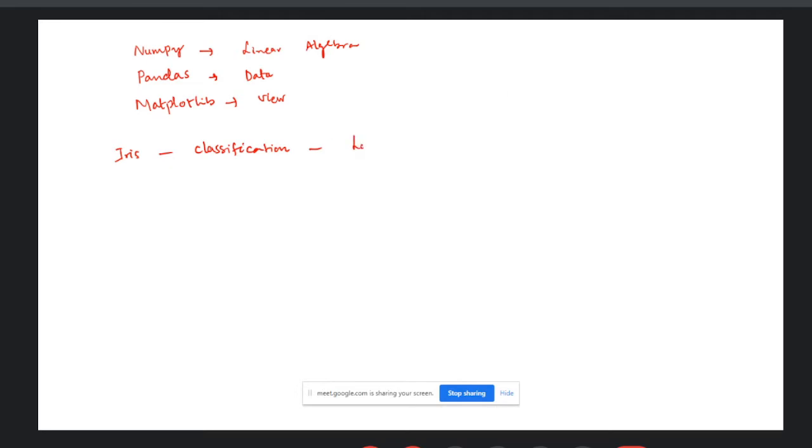You might have studied by this time classifiers like logistic regression, k nearest neighbors, decision trees, support vector machine, like that. So many classifiers are there. So we'll see how these classifiers can do the classification on this data set.